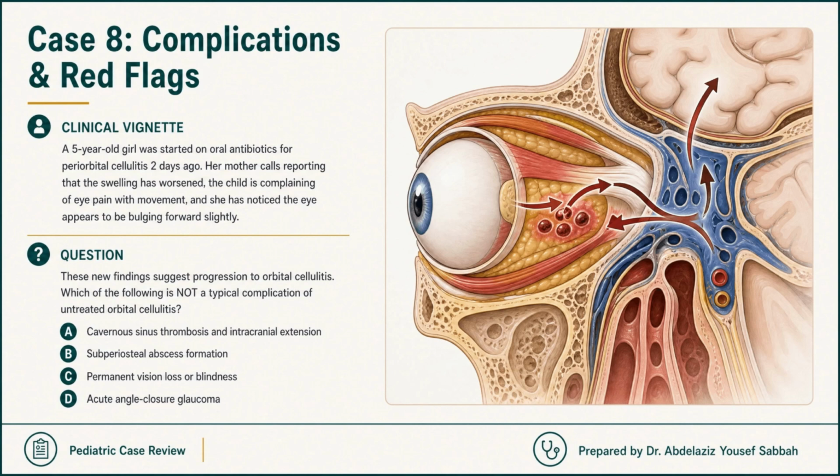Which of the following is not a typical complication of untreated orbital cellulitis? Option A, cavernous sinus thrombosis and intracranial extension. Option B, subperiosteal